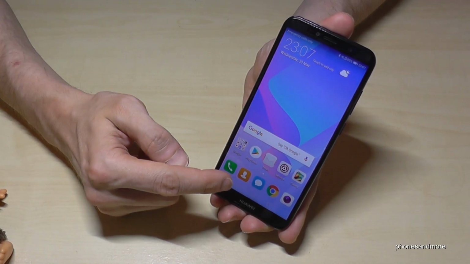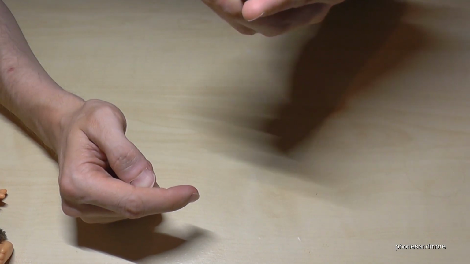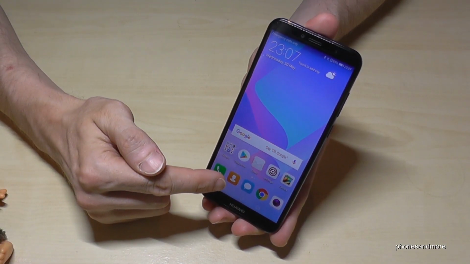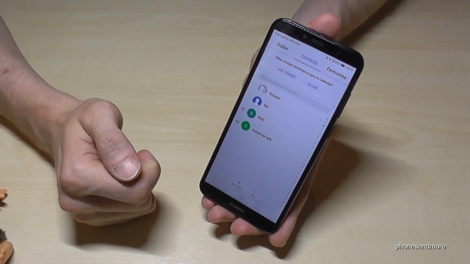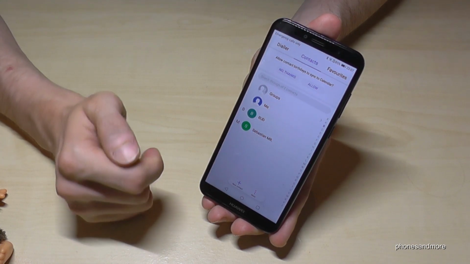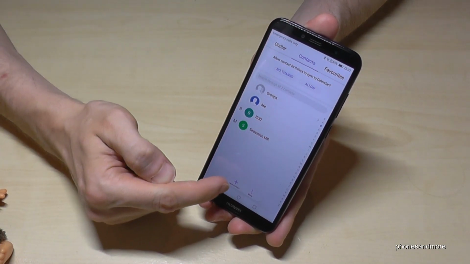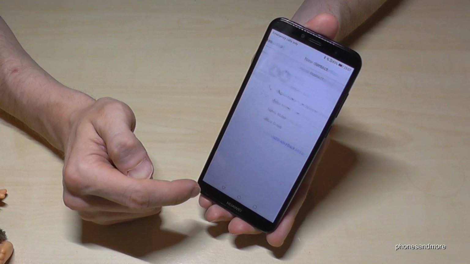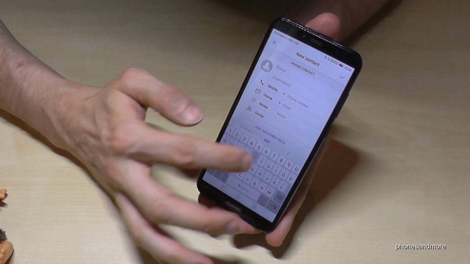Okay, so first of all, you have this app here, named Contacts. Let's start with the contacts app. Here you have the opportunity to see all your contacts at first, and where you see the plus symbol, you can add contacts. Let's add the contact Tom,